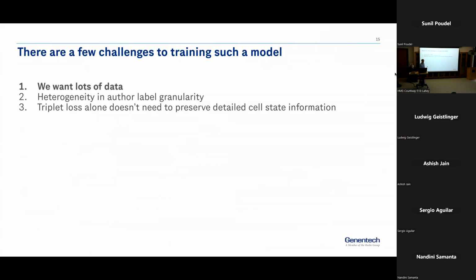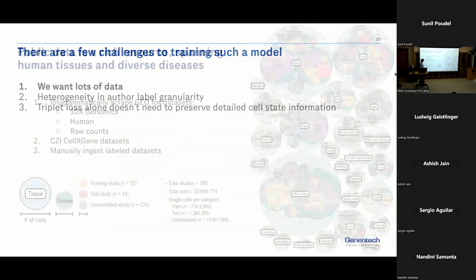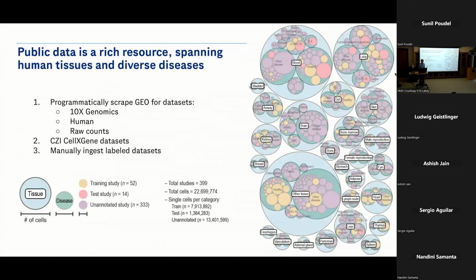So, okay, anyway, first up, the data. One thing that people who know me might recognize, basically, I really like to scrape GEO for data sets. I've done it a few times in my life now. And so, this is an amazingly rich resource. And so what I'm looking for is 10x Genomics data. That's a fairly standardized measurement, both in terms of sample prep and also ways that people are reporting data, like the file types people use to store that.